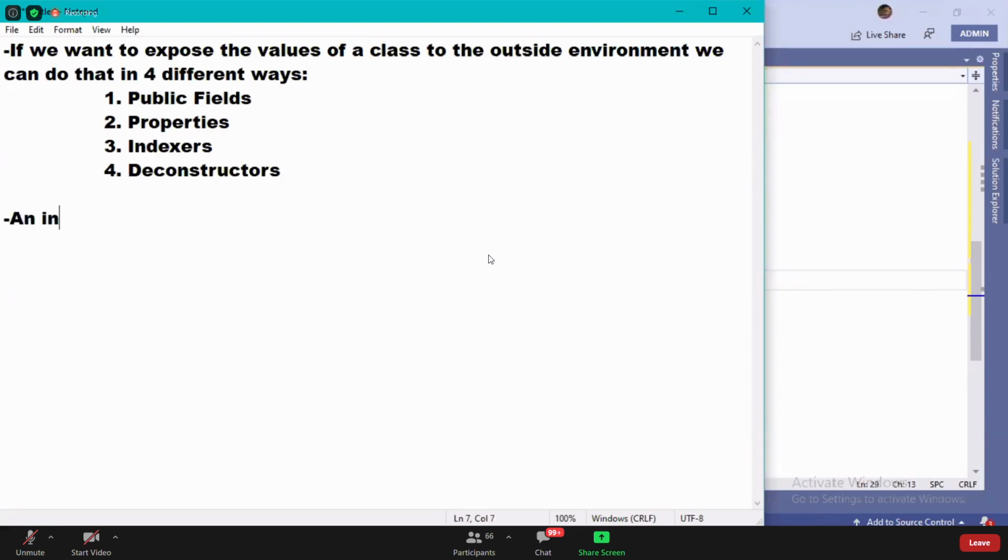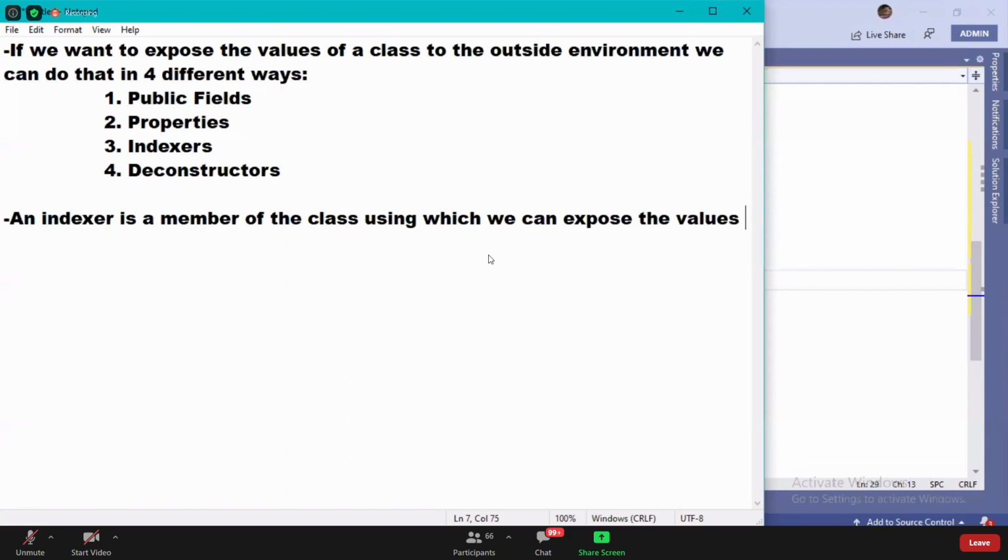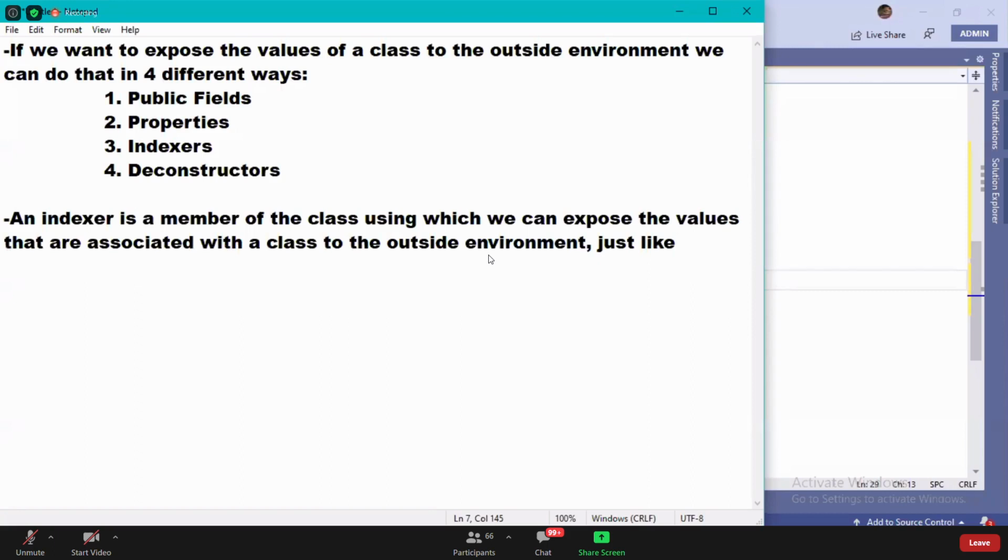An indexer is a member of the class using which we can expose the values that are associated with a class to the outside environment, just like what a property does.